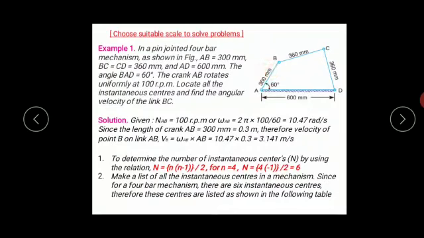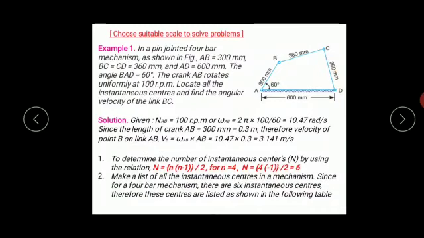From point B, since we don't know the angle, we are required to make an arc of 3.6 centimeter, and similarly from point D, we are required to make an arc of 3.6 centimeter because these lengths are 360 mm and with respect to scale it becomes 3.6 centimeter. So we are going to have an intersection point here as point C. Once we get an intersection point while making the arcs, then join point C and point B. So this will be link BC and mention there as 360 mm, and with respect to point C and point D, we are going to get link 4 and we are going to mention that as 360 mm.